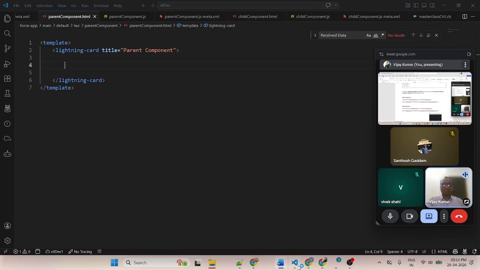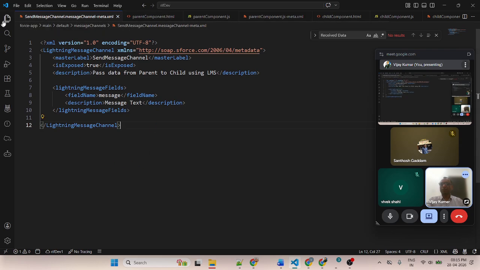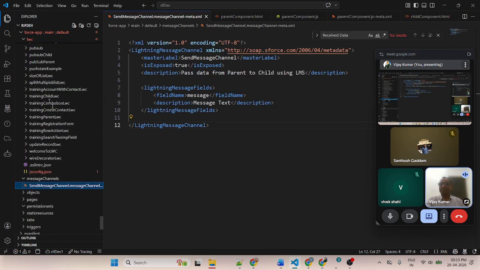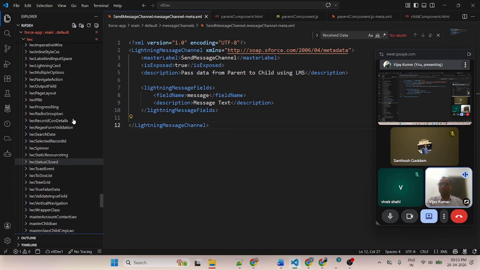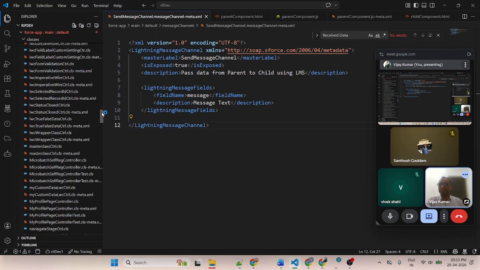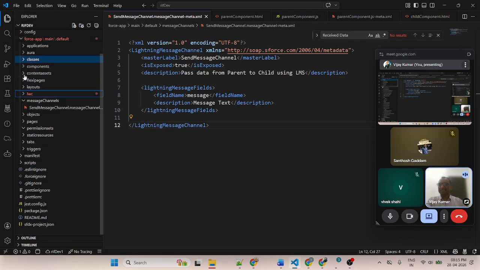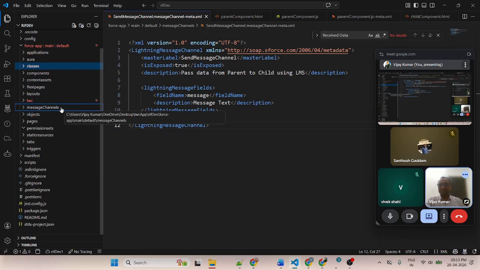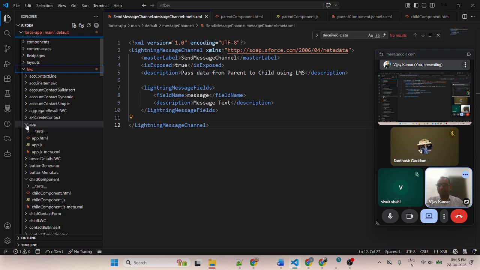So first let me explain the structure. What is the structure? If you go to the folder, this is the folder of the LWC. This is an Apex class. This is a LWC. After that, I created a message channel. In the PubSub model, I created a PubSub component. You can see this PubSub component created inside the LWC.